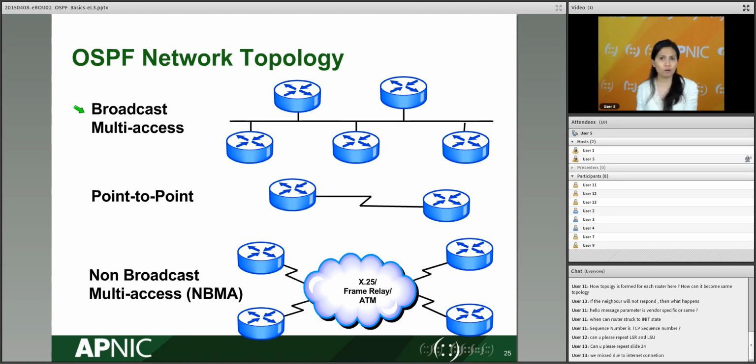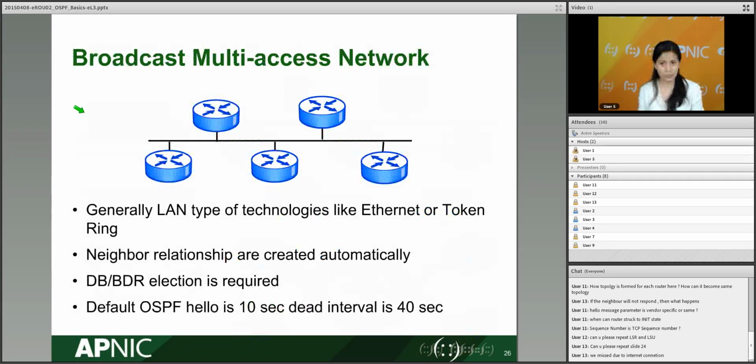So now on a layer 2 level, how do you think the multicast frame will be forwarded? So you have to understand how that will work. But before we go to that detail, let's discuss broadcast multi-access. Broadcast multi-access is your general LAN type of technology. Okay,